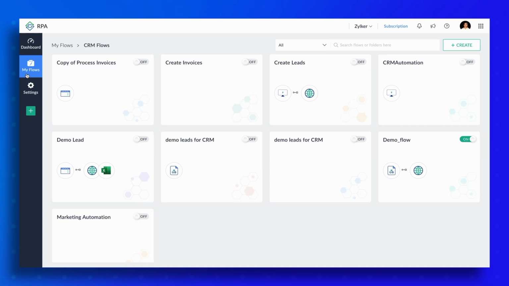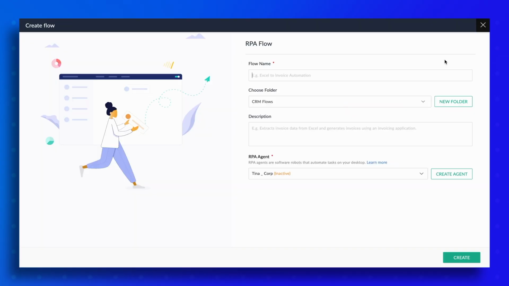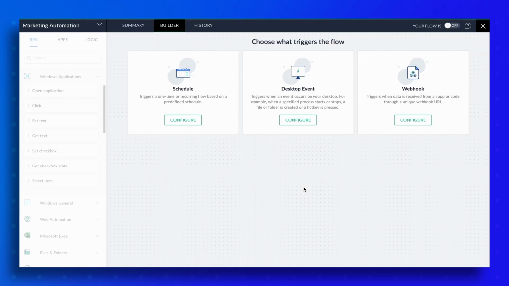First, create your RPA flow. Go to the My Flows page in your account. From there, click the Create button and then select Create Flow. Once you've created the flow and are on the Builder page, you'll need to select the trigger event for your